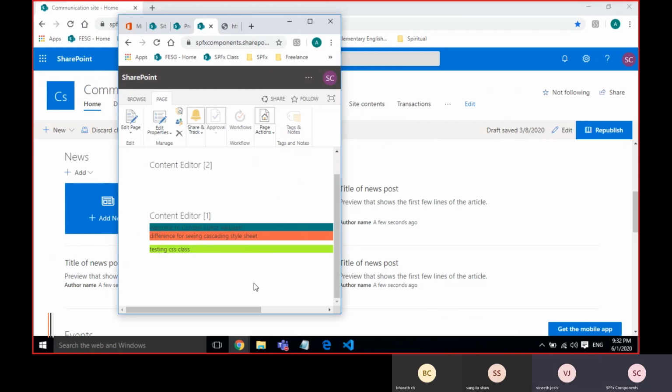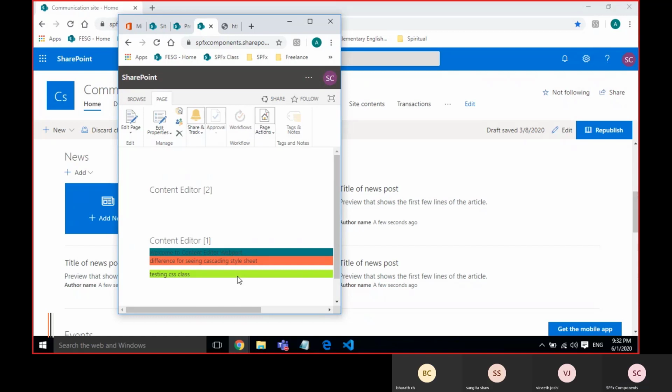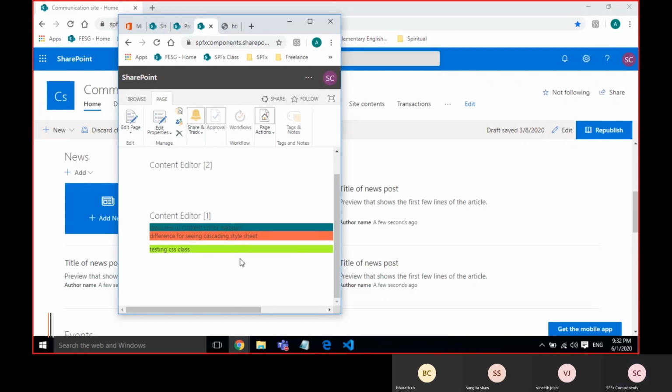Yes, now I can see. Okay. If you observe here, I am scrolling horizontally. Correct? It is not responsive. It is not fit to the window. Correct? Yes.